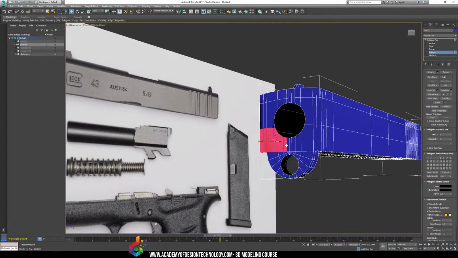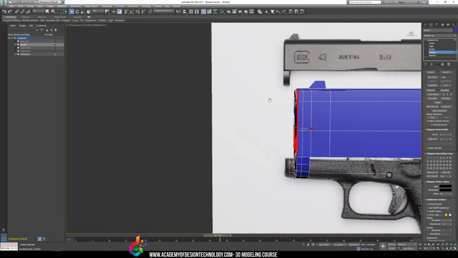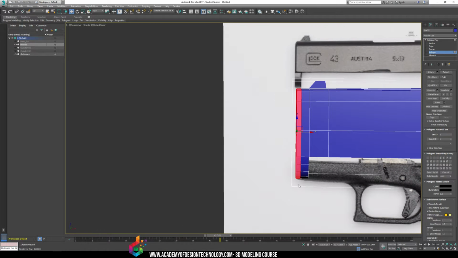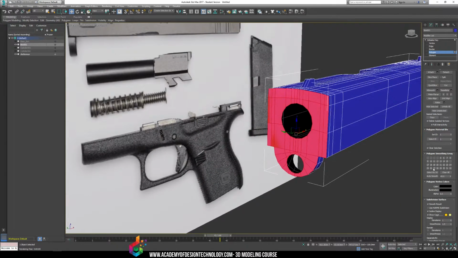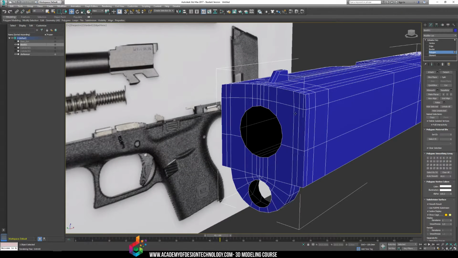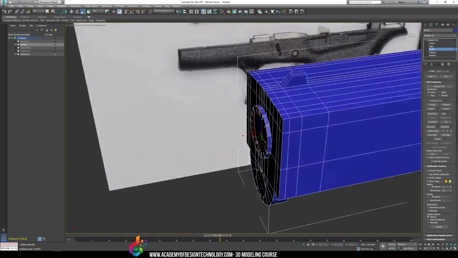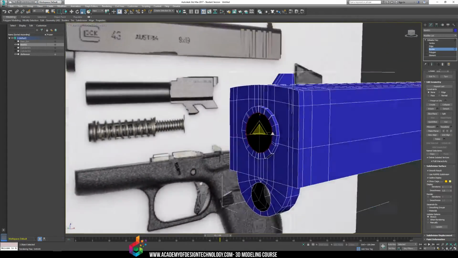If I go to the front part of my gun and I click, you'll notice that this is actually 4 different smoothing groups now, which is pretty crazy. So if I just select the front part of my gun, even with the bottom part here selected as well, I select this entire front part, I can probably actually make this all one smoothing group. And there, that looks a lot better already. And then I can add the extra details. If my gun needed to pop out slightly like this, I can just use the extrude tools and change that. And you can see that